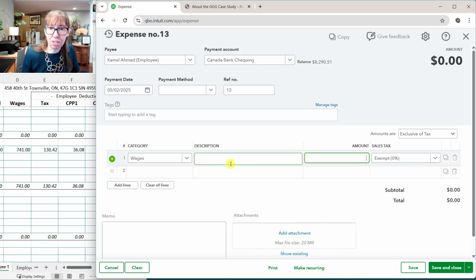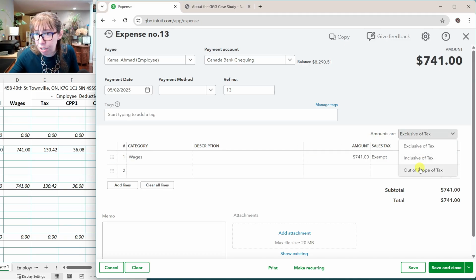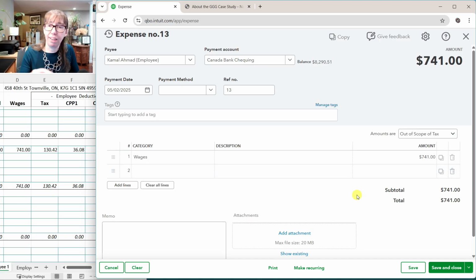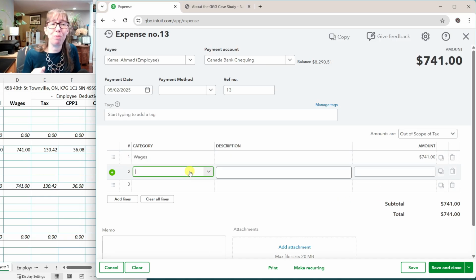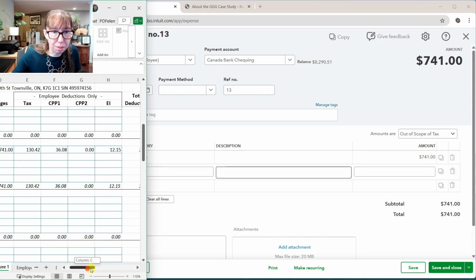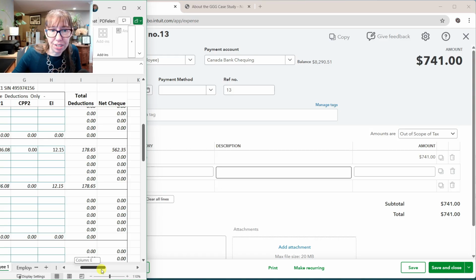And I'm just going to say that the amount is $741 and it's exempt. It'll make it even quicker for us if we just add a scope like that. Now we don't have to worry about that last column at all. It's quicker to tab through. So obviously we're not done, because if we look at the net check amount, the net check amount is $562,